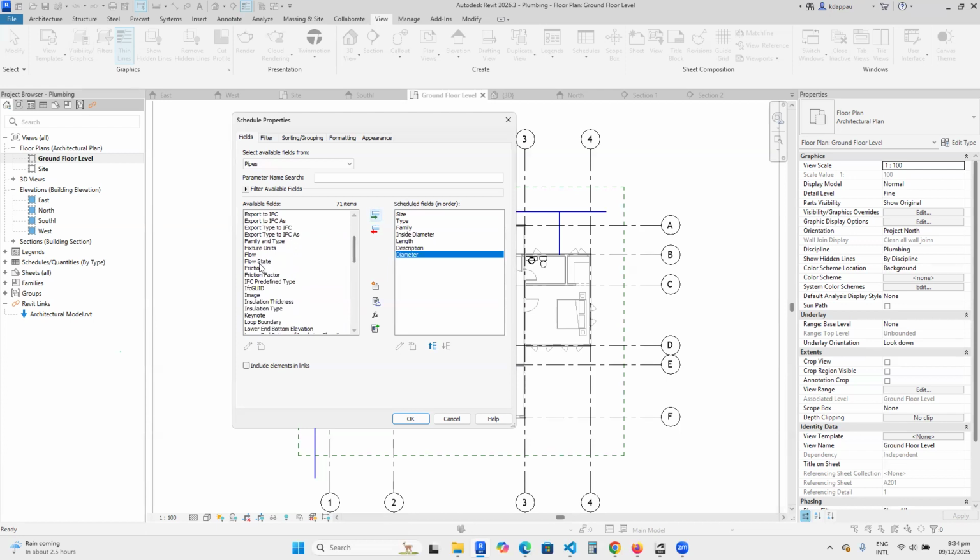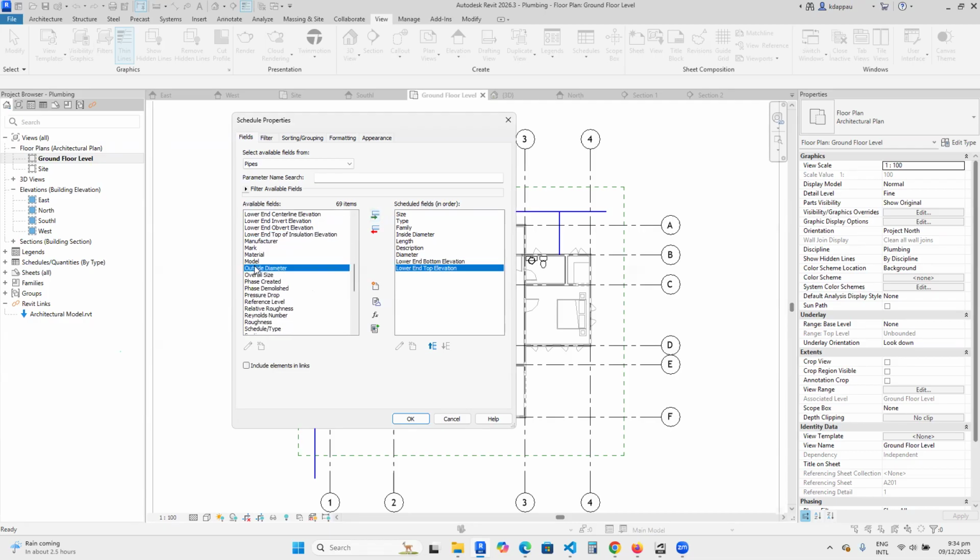Play with them. The flow state, fixture units, friction factor, IFC predefined type, image, if you have, insulation thickness, insulation type, keynote, loop boundary, lower end bottom elevation, lower end top elevation,